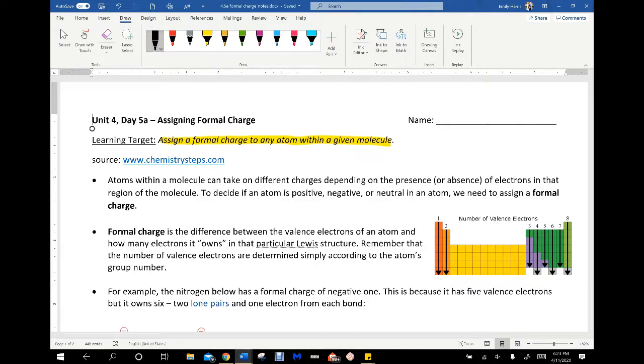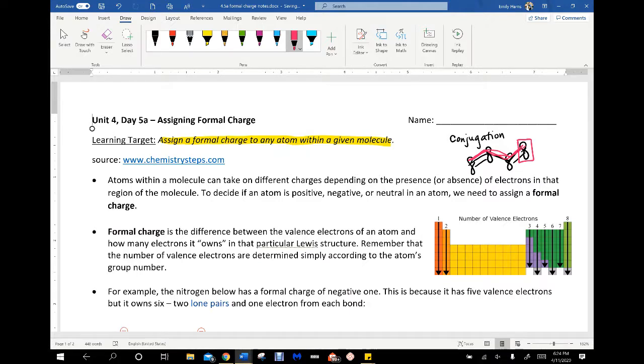The last lesson that we had done before school let out was called conjugation. If you remember, we had different molecules that had a system of alternating double bonds. Due to those double bonds, each of the atoms within that system had a p orbital. And we could take the electrons and spread them over the molecule, so to say. It created one big system of spread out electrons instead of the electrons being assigned to just one atom. Now what we're going to do is take a step back and